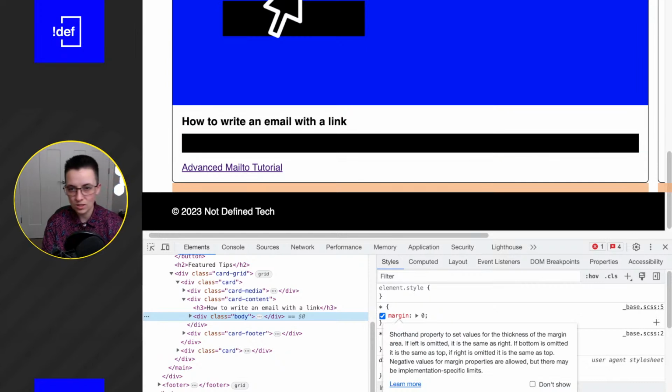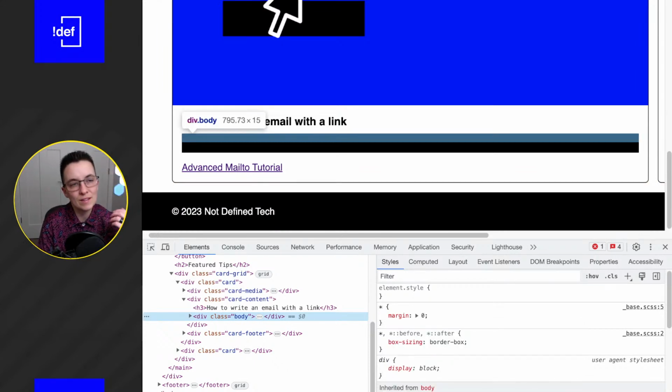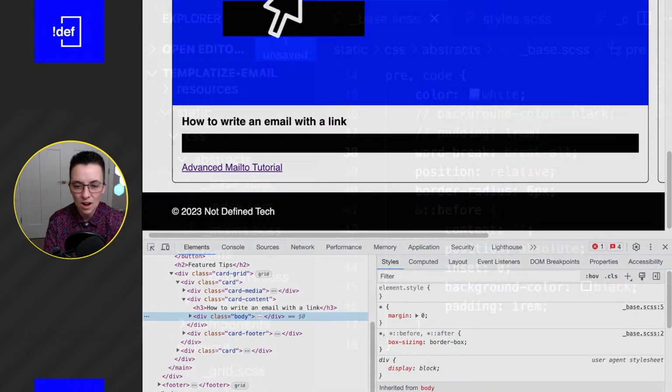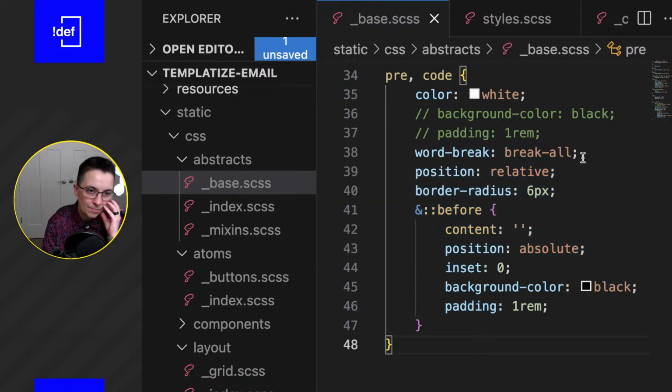They stretch beyond the container because it's pre-formatted, so it's supposed to keep the integrity of it. So if I were to copy all of this code in there, it should keep all of the spaces, tabs, everything. And so I think the problem is